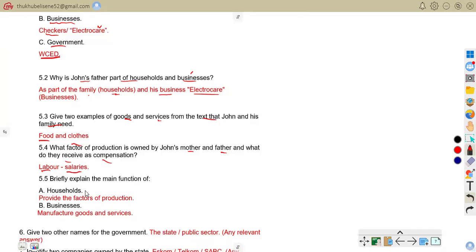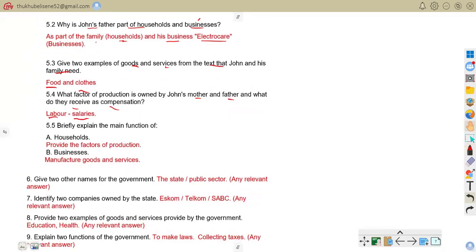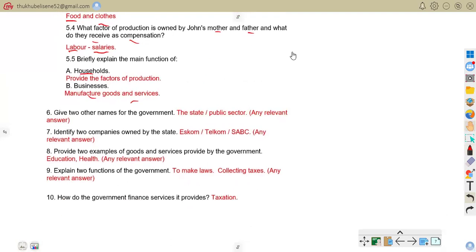So briefly explain the main function of household. So we know that households provide the factors of production. They provide labor and as well as consumer goods. Business, we know very well that they manufacture goods and services. So business produce goods and services. That is in short what you're saying. So now let us move on to